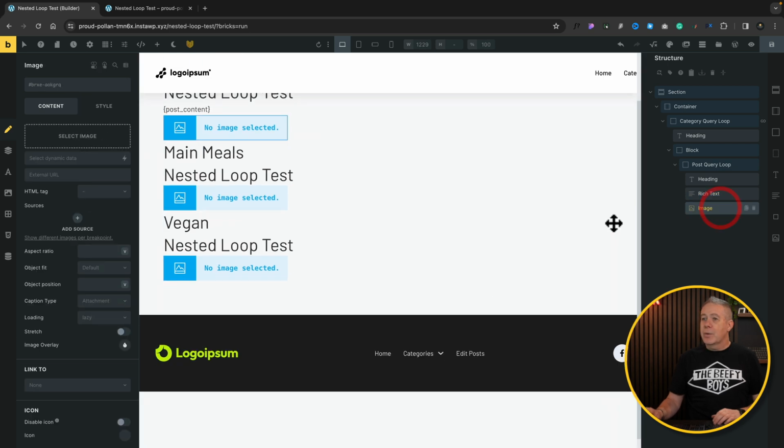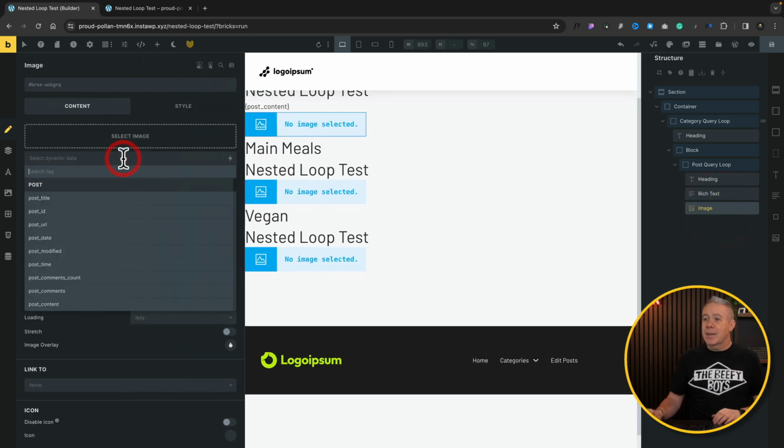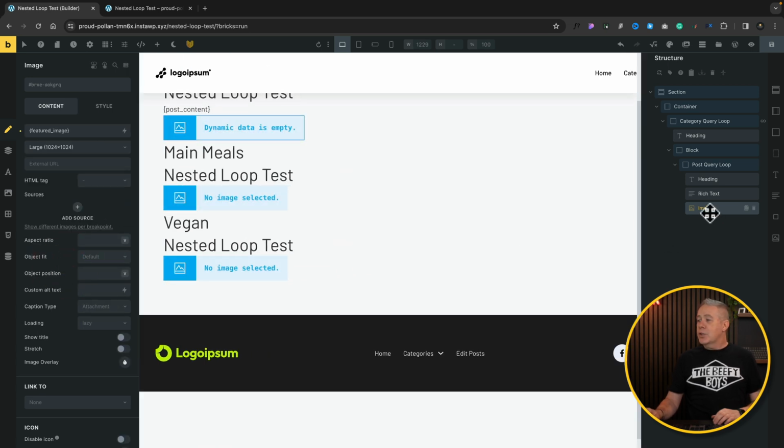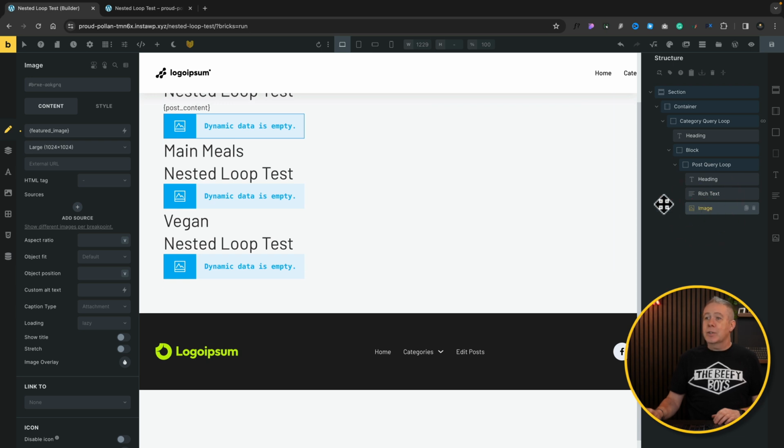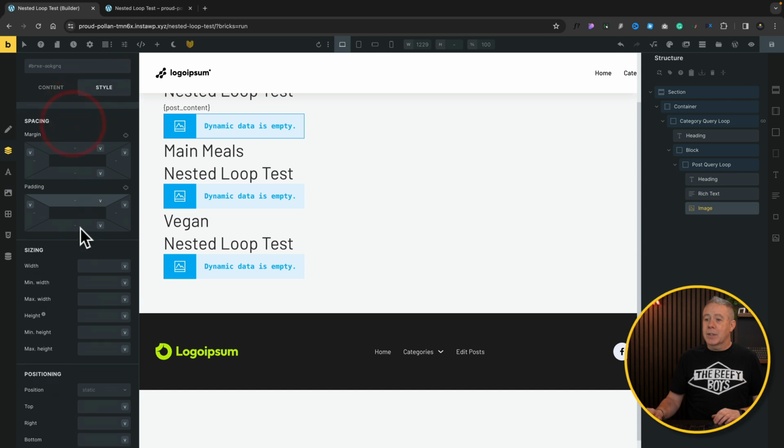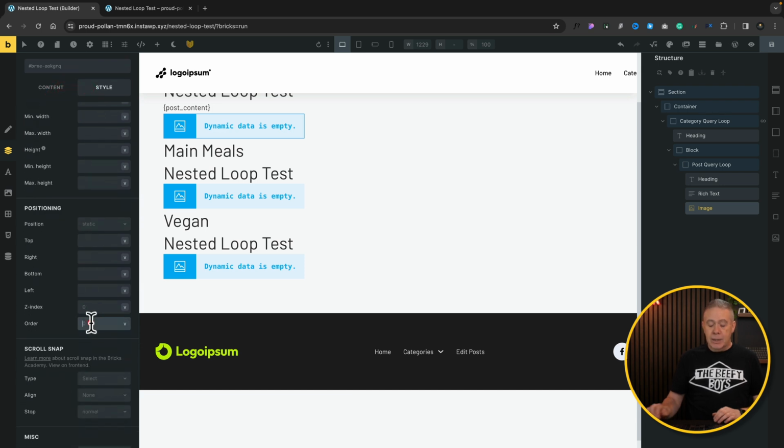And finally, we've got our image. So again, let's select our dynamic data from here and pull in our featured image. Now, just to make sure that everything is laid out correctly, we're going to set our image to be the first item. And to do that, we'll select it. We'll come over to our style, open our layout, scroll through until we see the order, and we'll set this